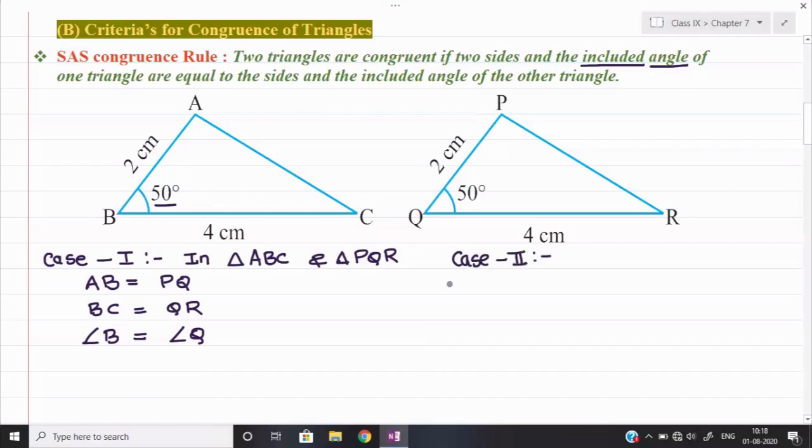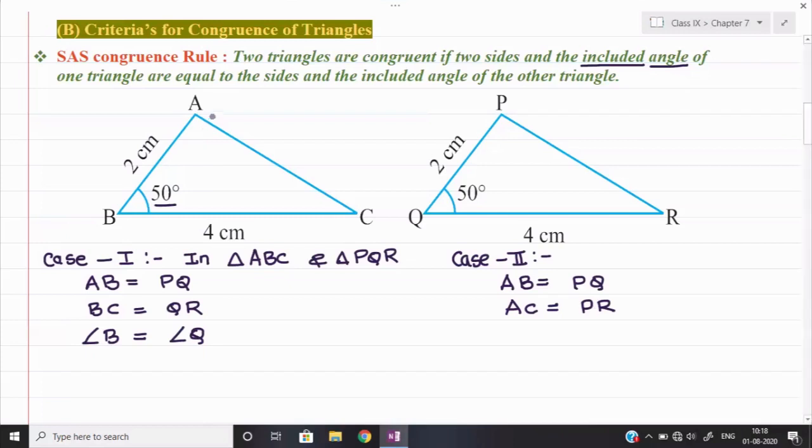So in that case, for example, if I take any other two sides, in the question we have provided AB is equal to PQ. Second, BC, sorry, BC I will not take, I will take another pair now. Suppose I will take AC is equal to PR. So now suppose in the question AB and PQ are given equal, AC and PR are given equal, then we need to take the angle between AB and AC and PQ and PR to be proved equal.